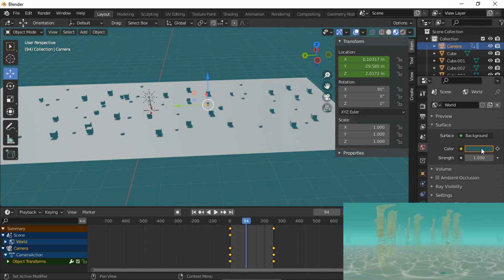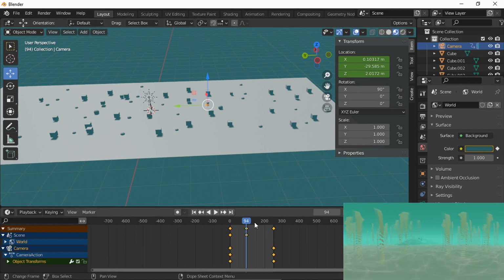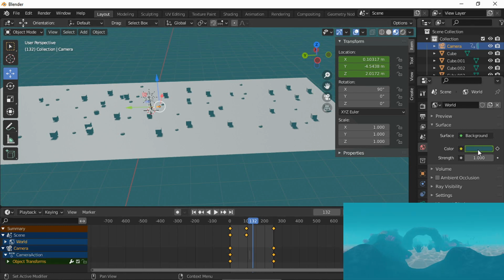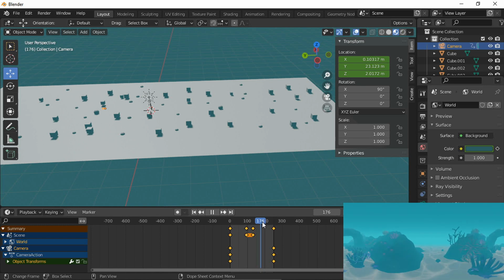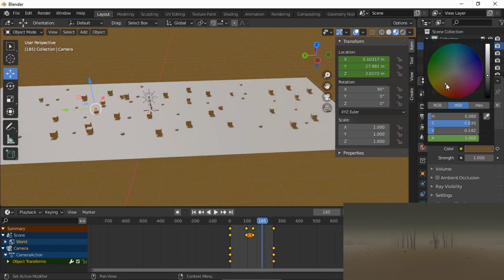And again. You could also maintain the same color for a couple of seconds, making a keyframe with the same color of the previous keyframe. For my final video, I tested different settings for the world color and the mist pass, and the lights have a bit of a blue tint, but I'll talk about the lighting in the next video.